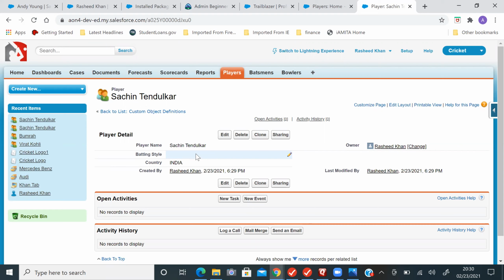Whenever you attend any, like, 4 to 5 interviews, out of 5 they will ask this question about 4 times, most probably in every interview. So as an admin, we need to know how many ways we can make a required field.